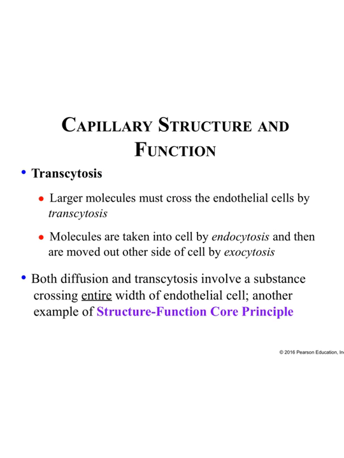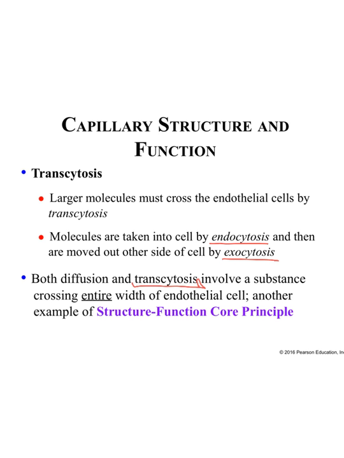Transcytosis, this is a form of active transport. Very large molecules have to basically form a vesicle and move across the cell. So molecules first are taken into the cell by endocytosis, and then they're going to be removed by exocytosis. So we're transporting it across. That is what transcytosis is.